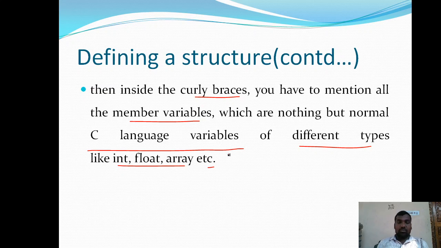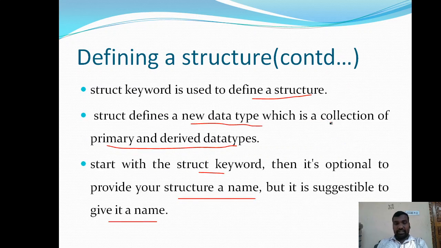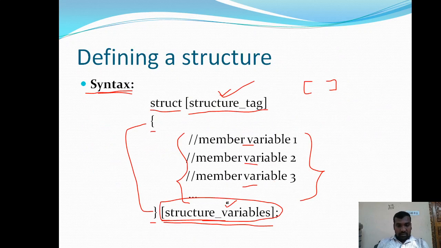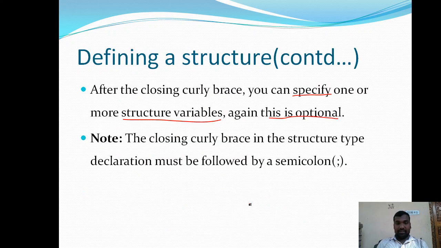After closing the curly brace, you can specify one or more structure variables, and again this is optional. You can either specify it or omit it.